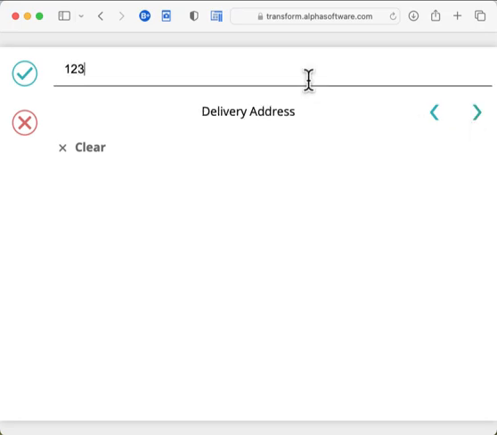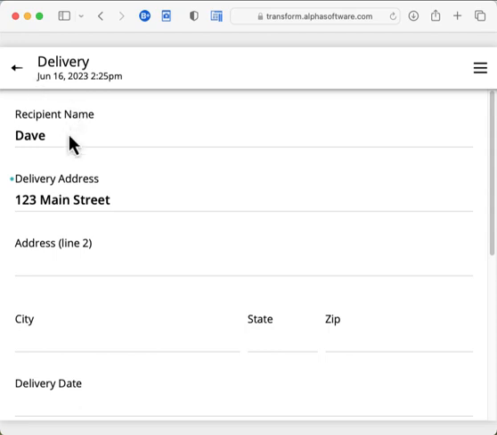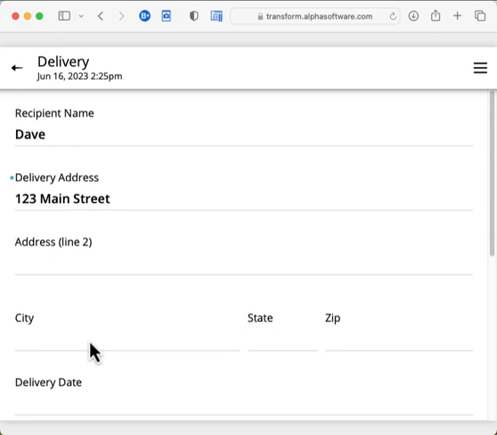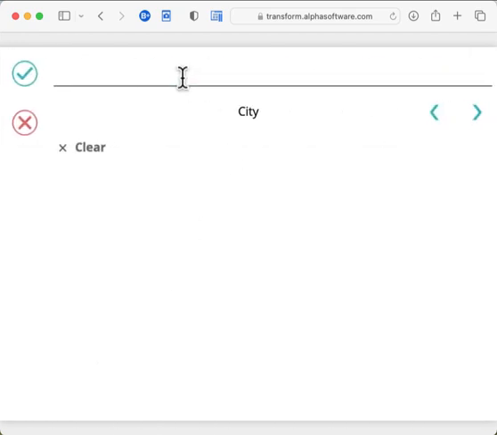Delivery address, 123 Main Street. And using these arrows, I can move from field to field. Or, optionally, I could always just hit OK, which will take me back and show me what I've filled in, and I can click on another field in particular to fill it out. Like, let's say I want to click on city. So I'm going to click on city,